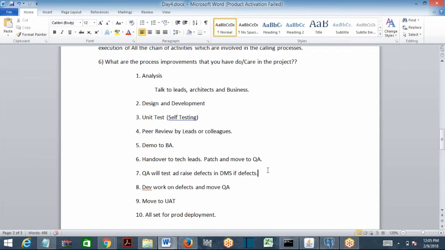How do you improve your process to overcome this kind of issue? Daily, what the developer is going to do is share a screenshot at the end of the day in an email to the lead. But sharing screenshots by email after the end of the task may not work. We need to maintain one document and share it with the lead. He has to maintain a document and place it in a common path with the requirement. This is the requirement, and for this requirement, this is the document. What should be there in the document? What are the rules he is going to